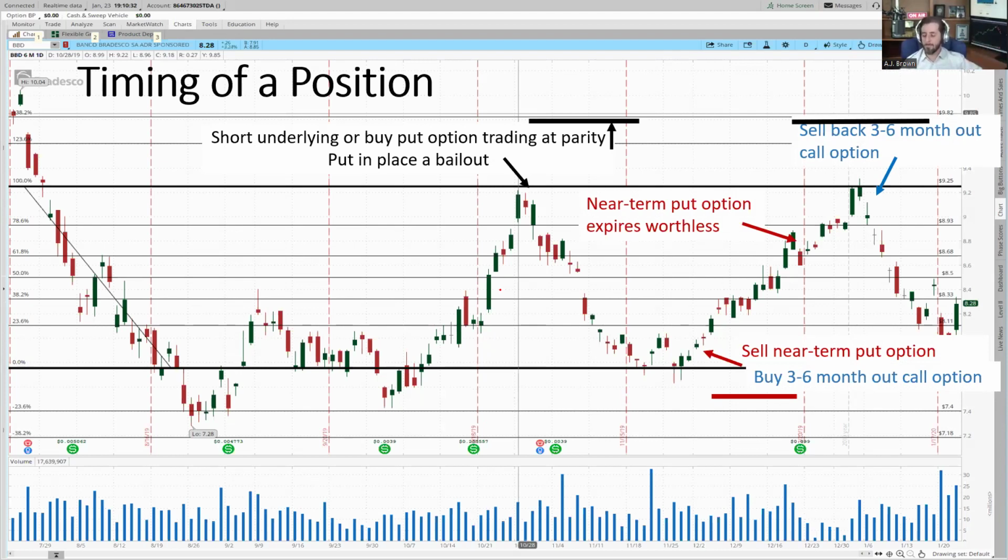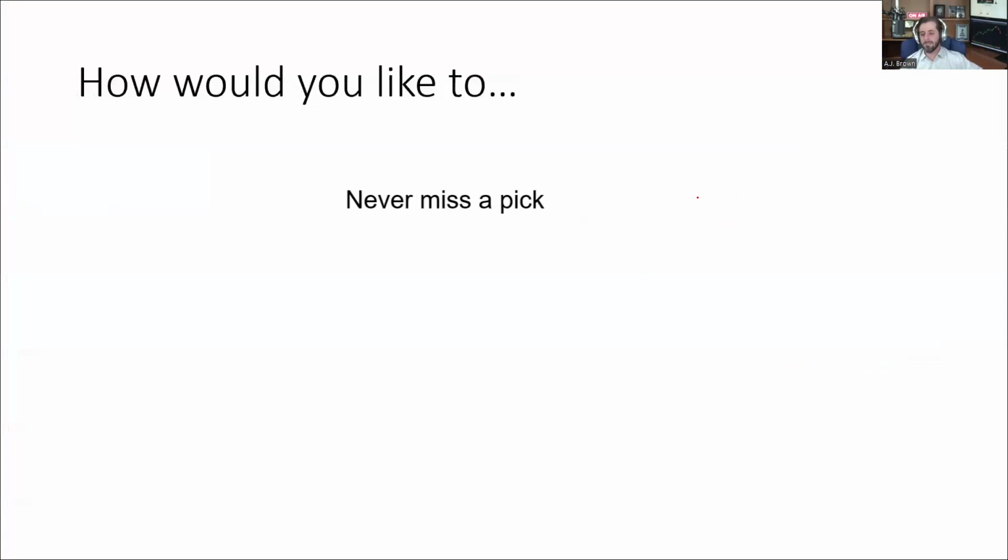So then you're probably saying, well, how do I know when this sideways choppy underlying symbol is, when should I do these different trades? Well,